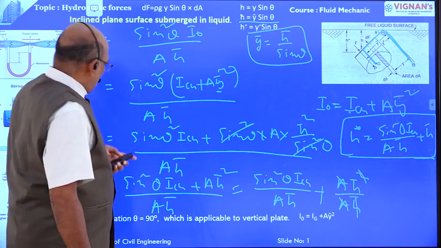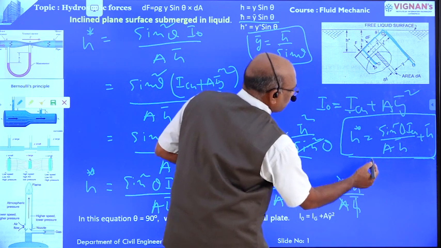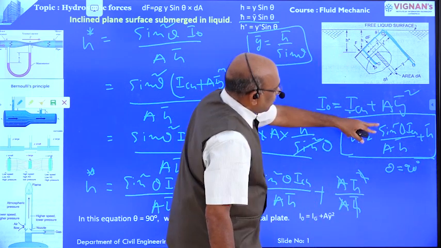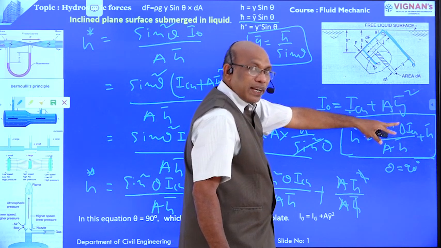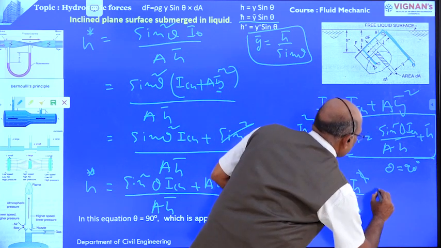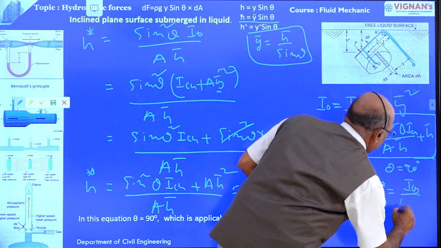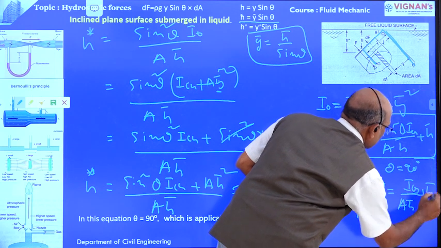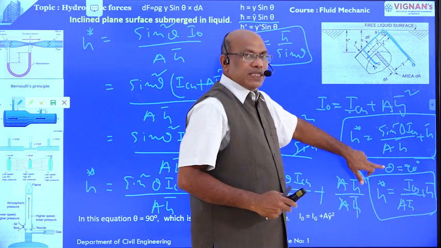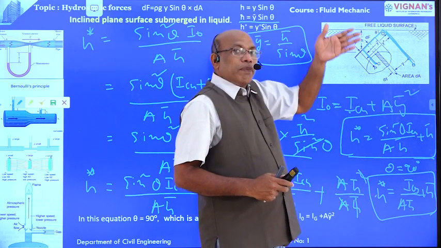Now, in place of sin square theta, suppose theta is equal to 90 degrees. Sin theta is equal to sin 90, which is equal to 1. Therefore, sin square theta is equal to 1. Therefore, h star is equal to ICG divided by A h bar plus h bar. This is the formula. If theta is equal to 90 degrees, the equation represents that the plane surface immersed in liquid